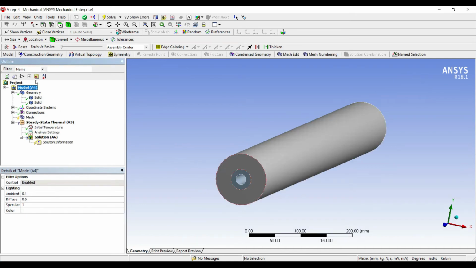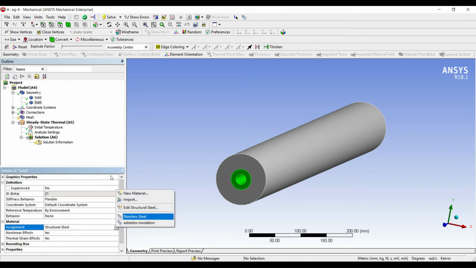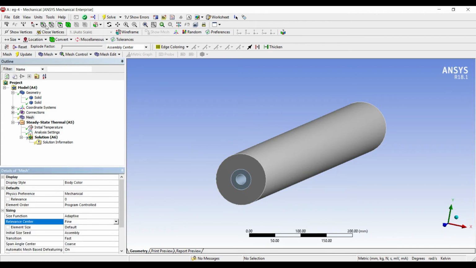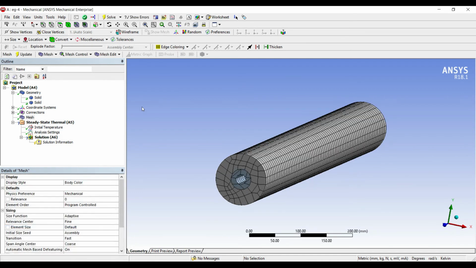Next I'll go to geometry, solid. This is the outer solid, which is asbestos insulation, and the inner solid is stainless steel. I'll go to mesh, sizing. I'll change coarse to fine, update. Next I'll go to analysis settings.